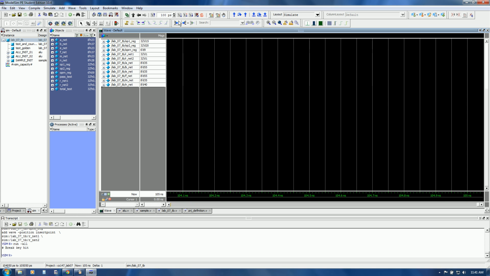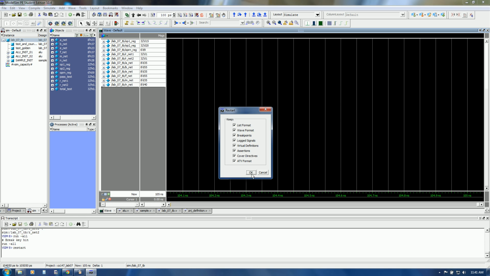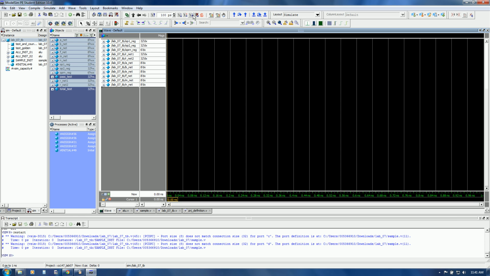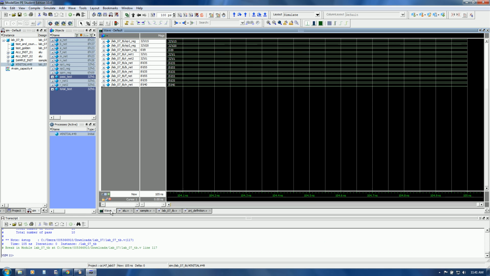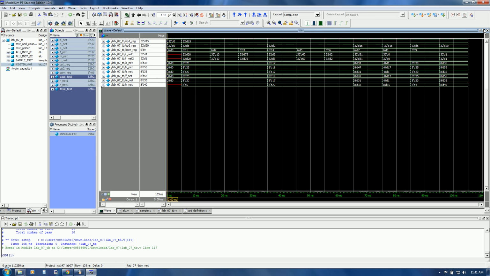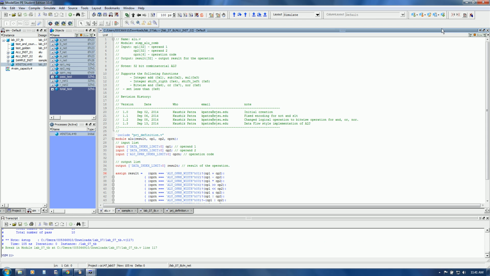Stop simulation. Okay, simulate all. Oh no, reset. Okay, I need to do that. Okay, and now simulate all. Here it goes. Now we have this waveform. Let me just try to explain that a little bit from the behavior perspective